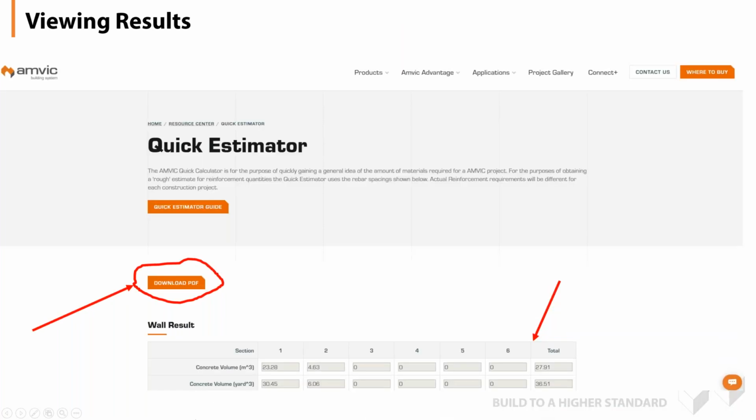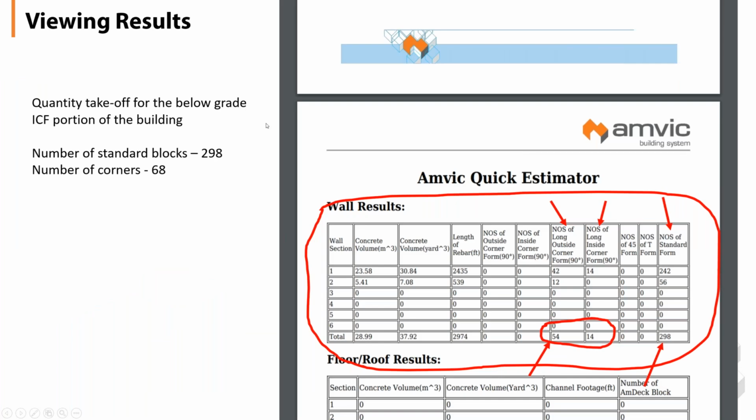It'll show you the results from the cubic volume of concrete and cubic yards or cubic meters. And if you go down farther, you're actually going to have a PDF available. And if you click the button for a PDF, then this particular screen will show up, and it breaks it down. Concrete volume, length of rebar. This is based on below grade